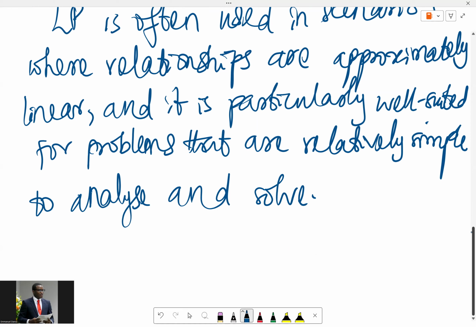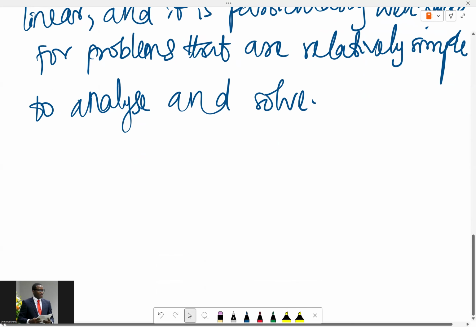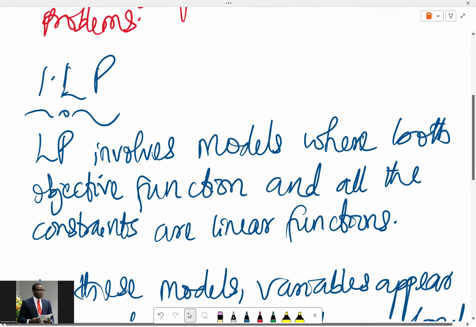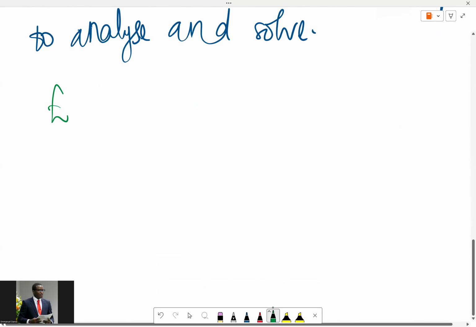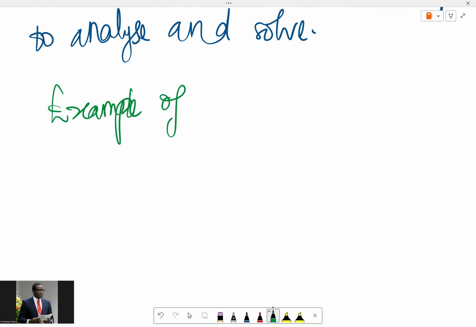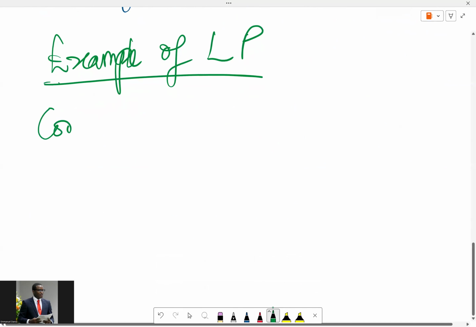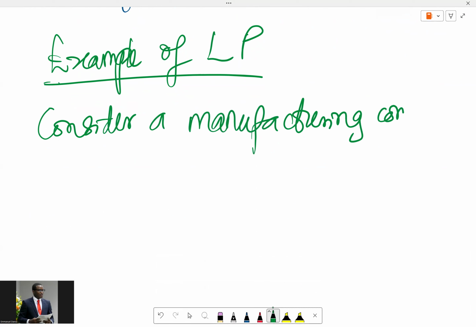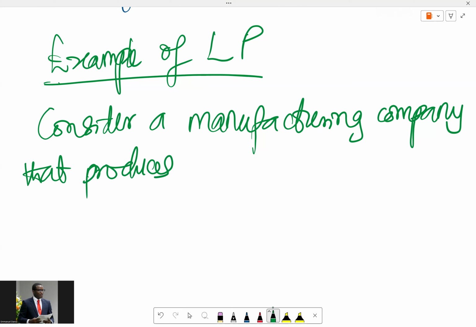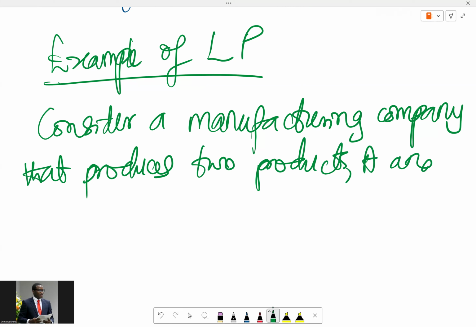Okay. Of course, we've seen several examples of linear programming, right? But let's just refresh our minds about this. So let's look at an example of linear programming. Consider a manufacturing company that produces two products, A and B, with limited resources,